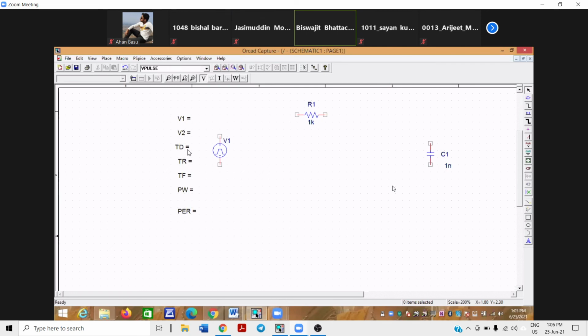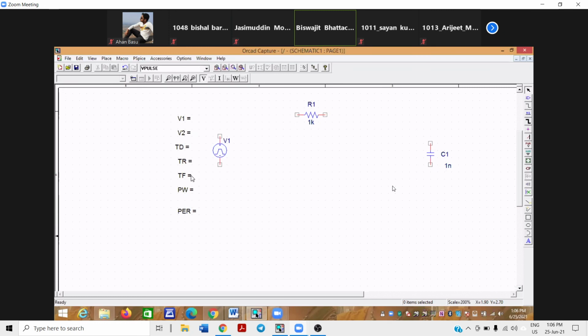Now, what is the time during which the pulse will rise from V1 to V2? Here TR is the rise time of the pulse. For a rectangular pulse, we want our rise time to be extremely small. We may give it 1 microsecond, 1 nanosecond, 1 picosecond, even smaller, much smaller is possible.